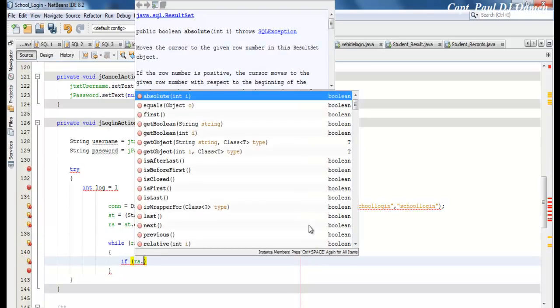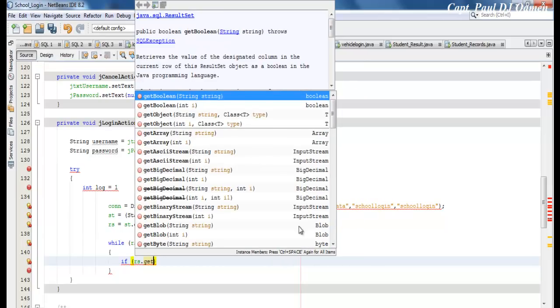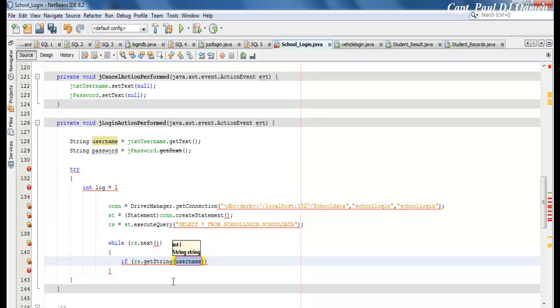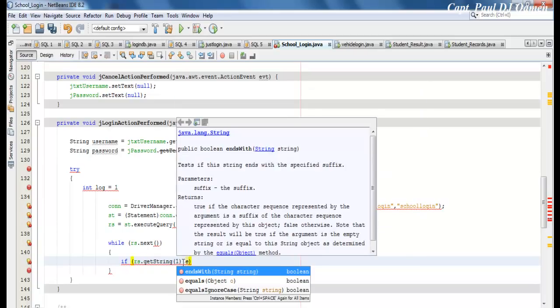If result dot getString, and the string this time around is 1, let's say dot equals, if it equals